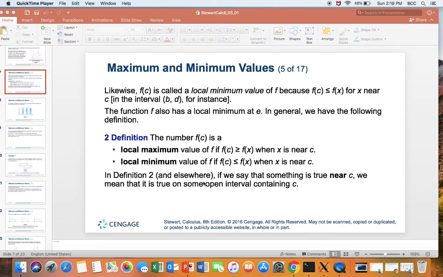In definition 2, elsewhere, we say that something is true near c. We mean that it is true on some open interval. Now, this is a technical term. Instead of saying near c, some authors say in a neighborhood of c. So they use an open interval around c. All right. Now,